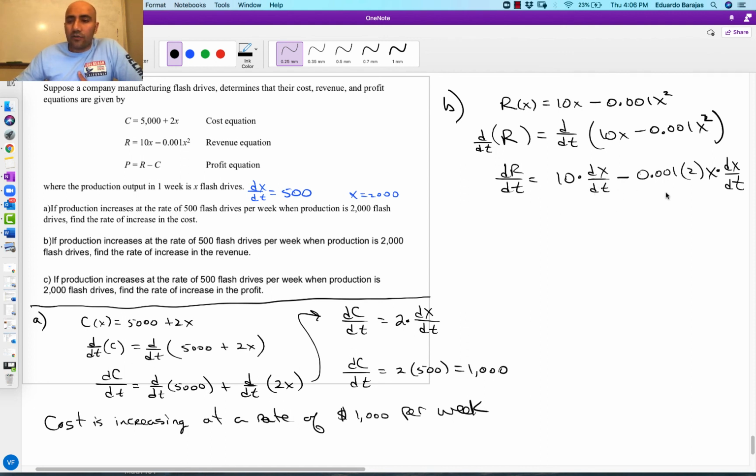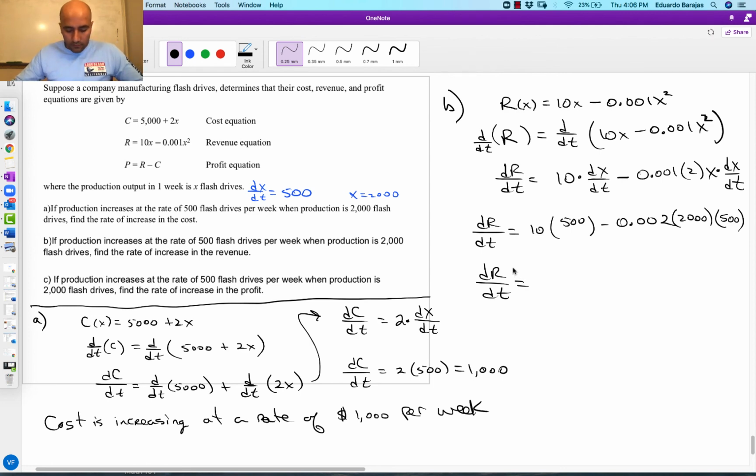dx/dt is 500 and x is 2000. So dr/dt is equal to 10 times 500 minus, if I just multiply those, it would be 0.002 times the x, which we said was 2000, times dx/dt, which is 500. Okay, so that means that dr/dt is equal to